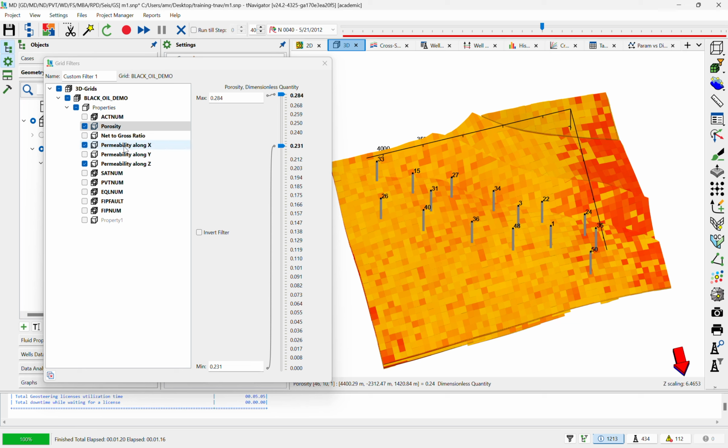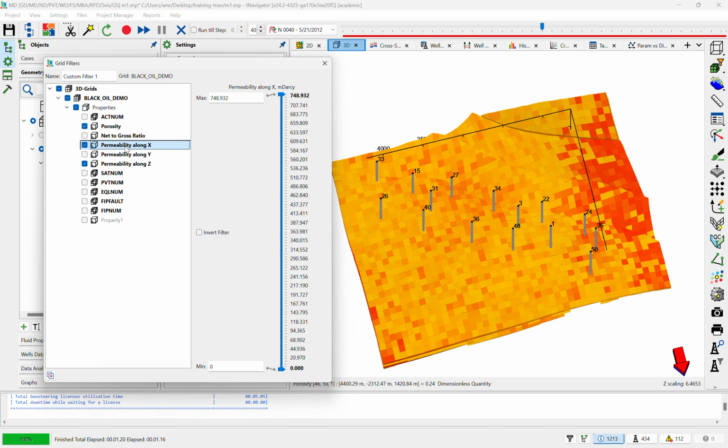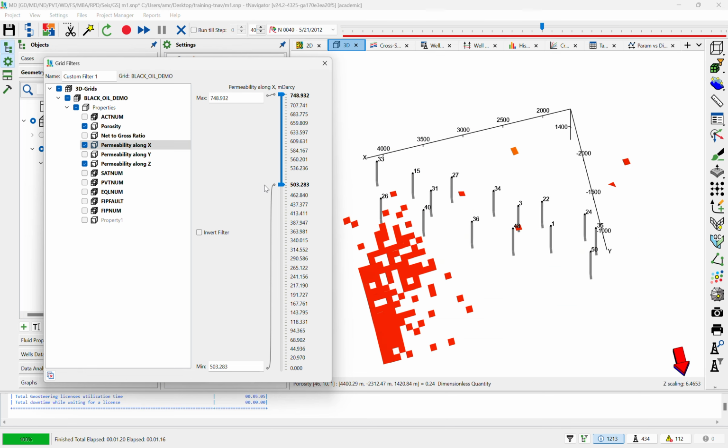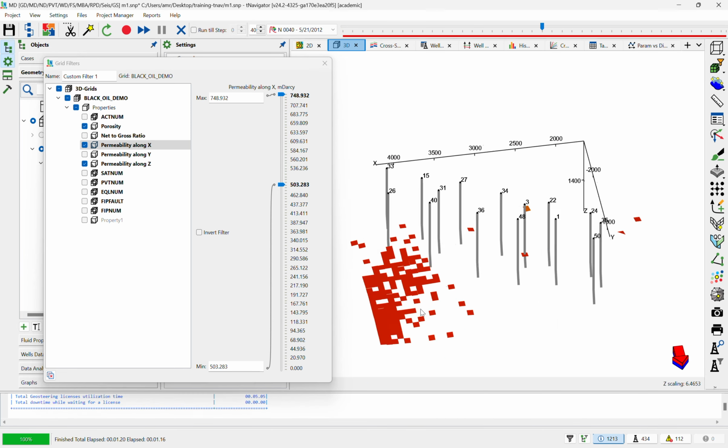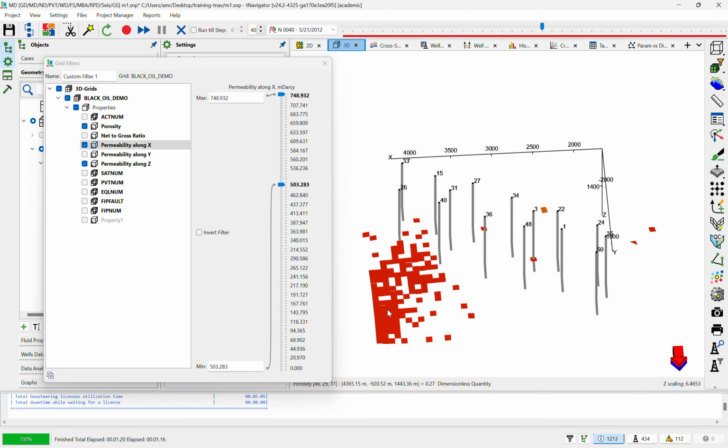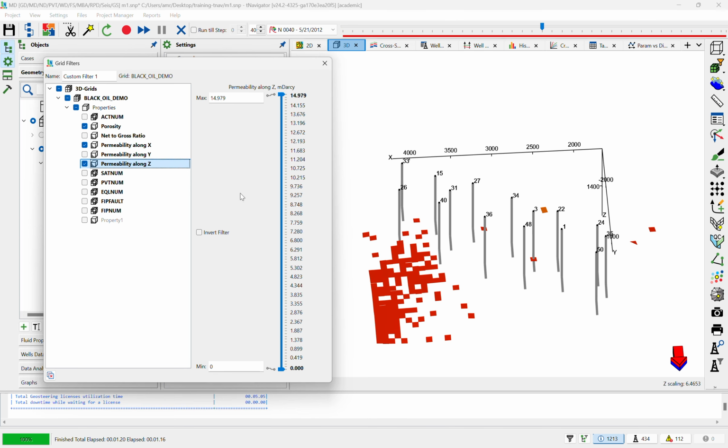I just click on the permeability X, and I also want the permeability to be above 500 millidarcy. As you can see, these are only the cells that achieve both criteria, the porosity and permeability. Also, if I want to narrow down the filtration, I can go to the vertical permeability